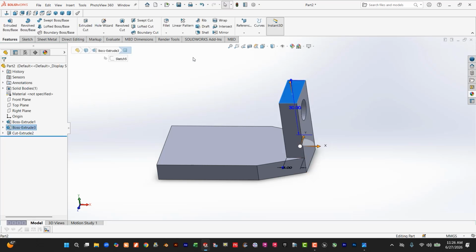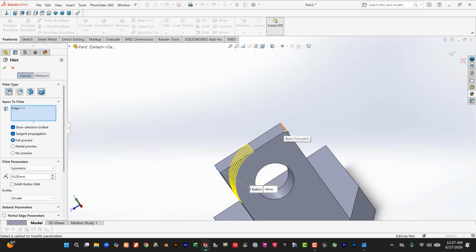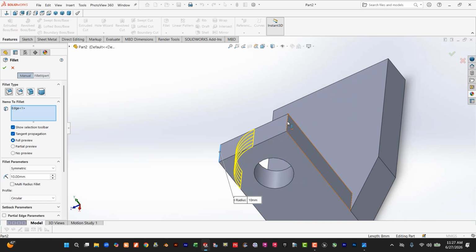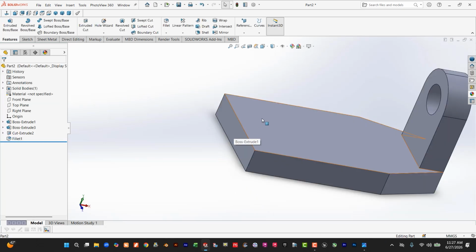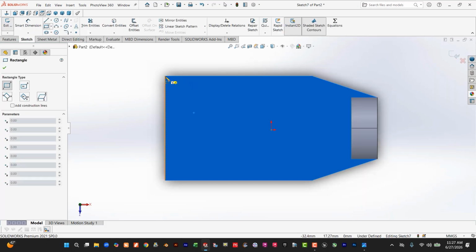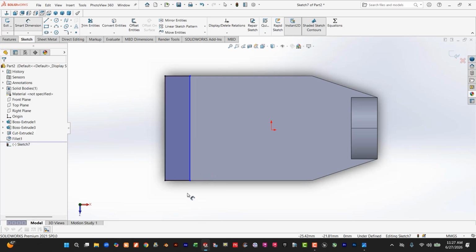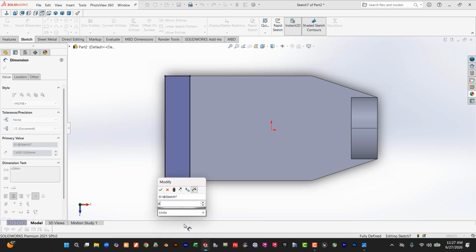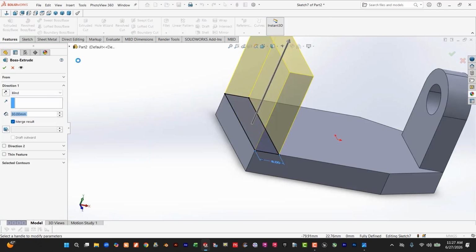So select this portion, fillet it like this, and this portion like this, and okay. So select this portion again, Sketch, go to Corner Rectangle like this, go to Smart Dimension, and this dimension is 8. Go to Feature, Extruded Boss/Base up to 40, and